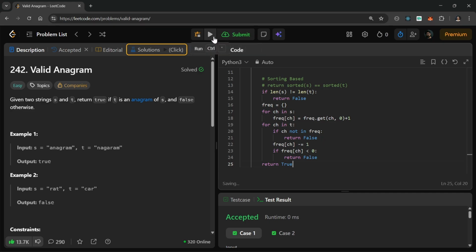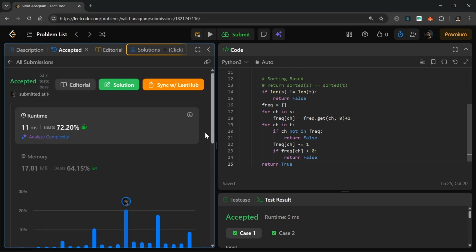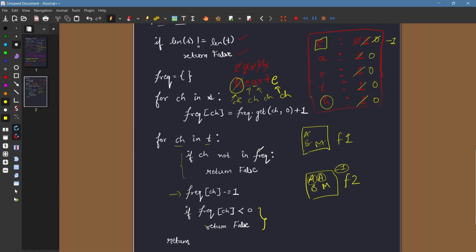So let us check the solution and run it and check if it passes the test cases. Definitely it is passing all the test cases, and if I submit it over here, you will see that we have 11 milliseconds of runtime. And I do not generally bother about beat percentage, because it depends a little bit on the interpreter. Okay, so this was the solution, and if I bring you to the time complexity very fast, then